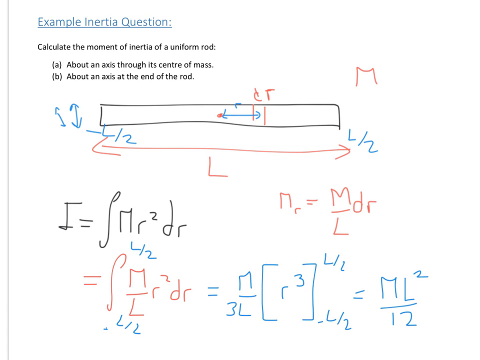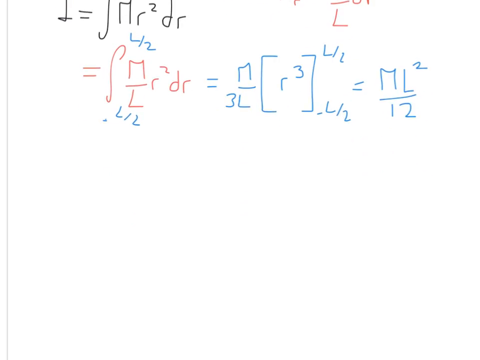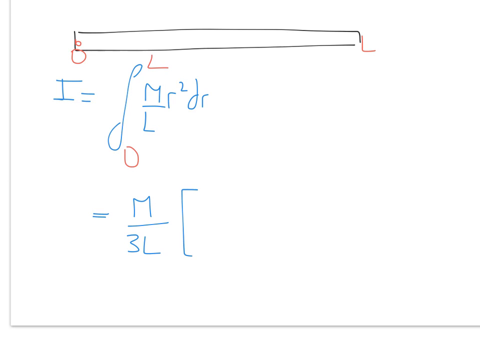So let's see how this changes if we instead look about rotating it about one of the ends. So we're looking about the point of rotation here, but otherwise it's the same. So we've still got the same integration, so we've got a mass per length like this, except this time we've got L here, and then this distance is 0, so we're actually integrating it between L and 0 this time. So that's going to come out as